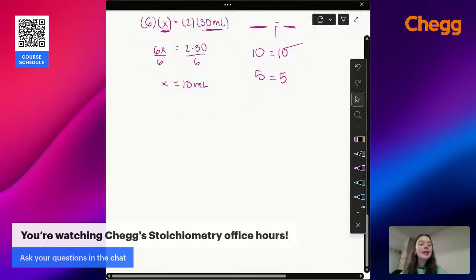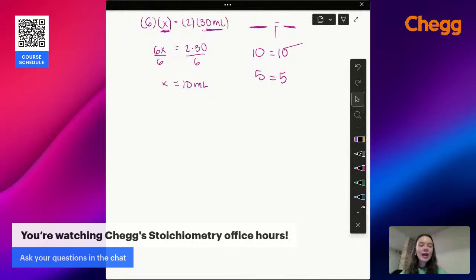All right. Now, I want to do a challenge problem. I don't know if this compound exists, but we are going to see how good your molar mass finding skills are with the rest of the time. If we have no more questions, but I would recommend y'all ask questions because I'd be happy to answer them. This is the challenge question. I want to know, what is the molar mass of